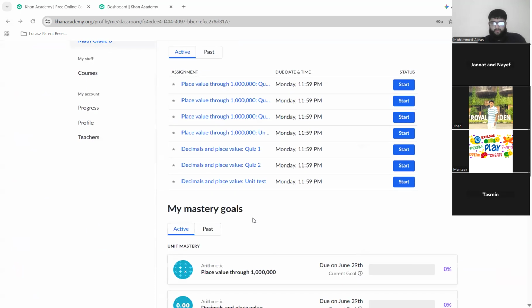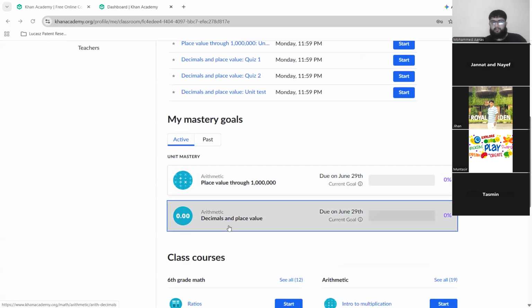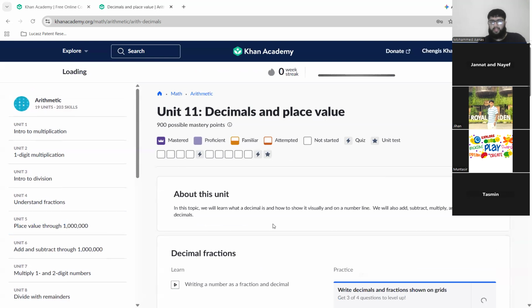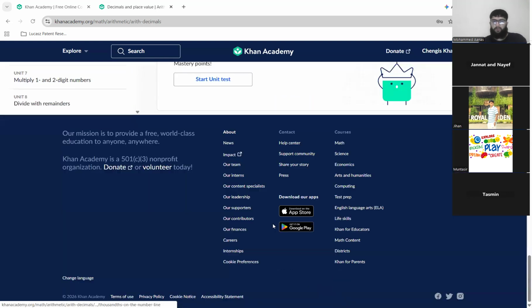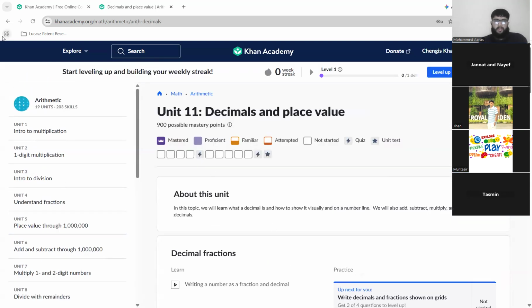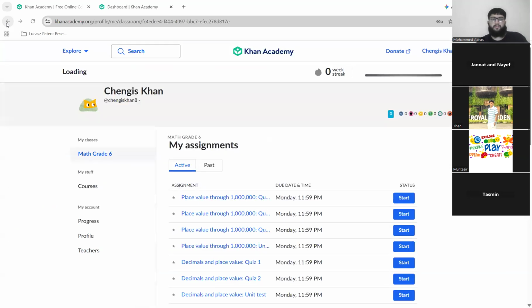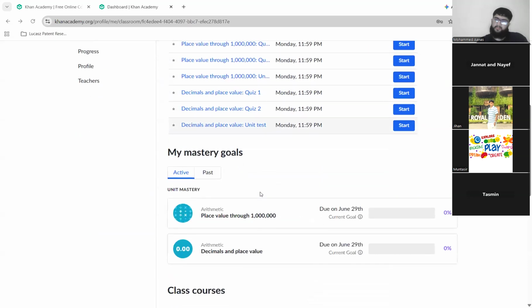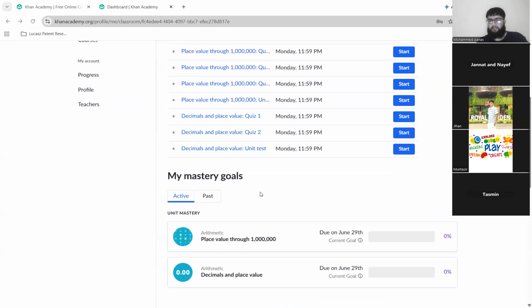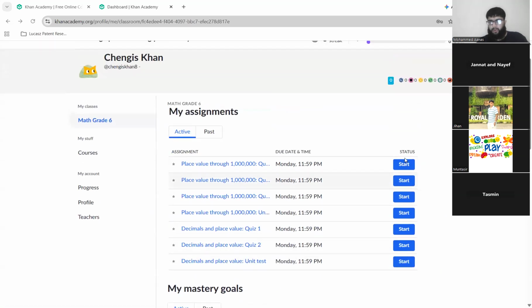Now, once you finish this complete thing, and this is another unit that you have to do for class 6, you have to finish this whole thing also. I'm assuming it should take you at least, even if you're very fast, 1 hour for each unit. So 2 hours at least. Some people might take much more than 2 hours, but it should take you around 2 hours, even if you're fast. So 2 hours total, and then you do all of these tests again,